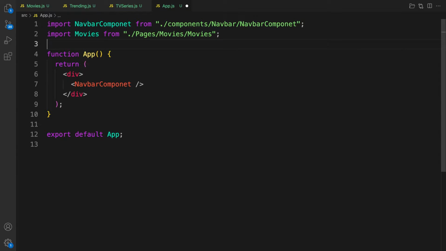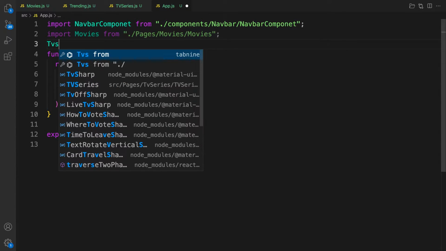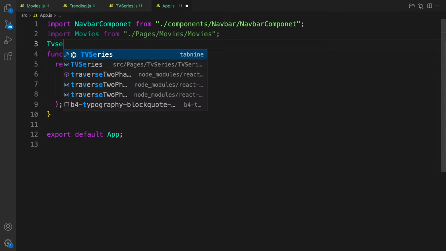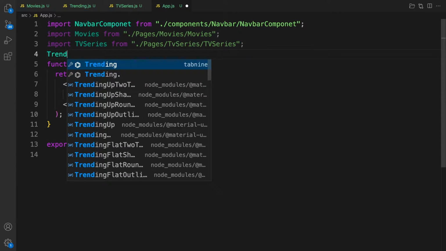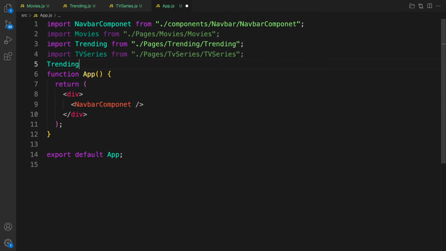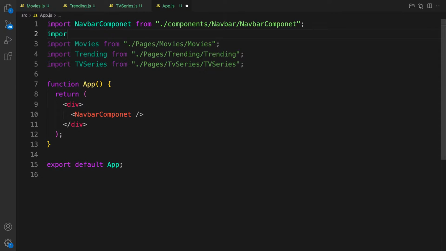We have it. So TV series is also there, and then we have trending. All right, trending, we have the auto import. Cool. So next, let's bring in React Router DOM. So import BrowserRouter from